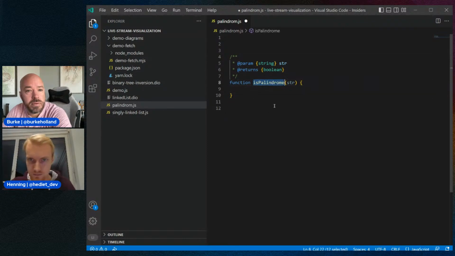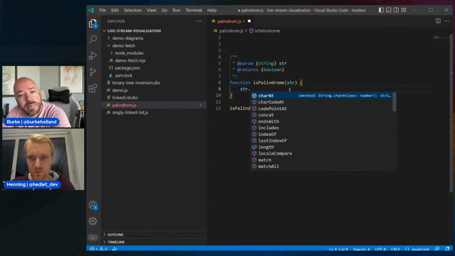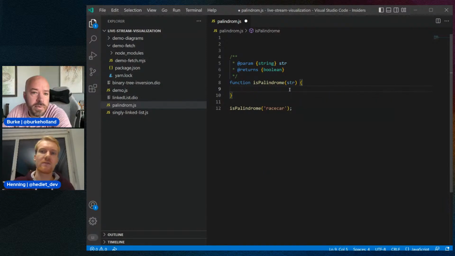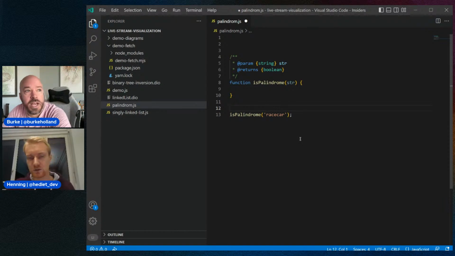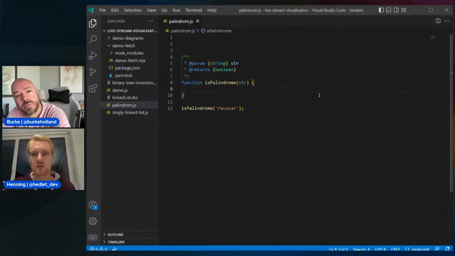Palindrome. So as a test case, I think there was the racecar word that is a palindrome indeed. And so a very easy way would be, I think there is no reverse function. But in this case, let's say the definition of a palindrome is if the reversal of a string is the same as the string. But we don't actually want to compute the reverse string because that might be a bit expensive. So let's check. So my idea would be,